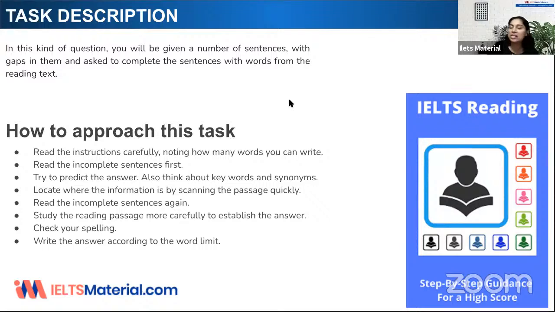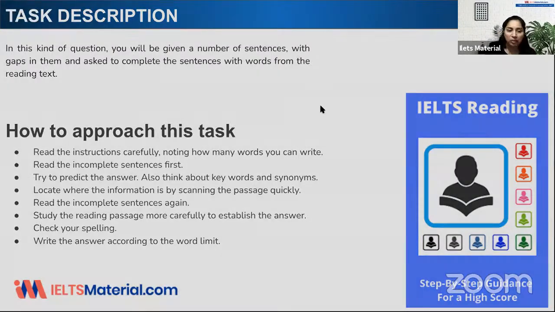Okay. So this is the way you can approach these tasks, or I would say these are the common strategies that should be used for each and every question type, right? And especially if you're taking short answer questions, then focus on WH questions, which will give you the idea of which particular grammar you need to apply. Is it going to be the name of the person, that is a noun? Is it going to be an adjective, how it was? Is it going to be a reason, place, time, location? So understand WH questions and then try to give the answer.